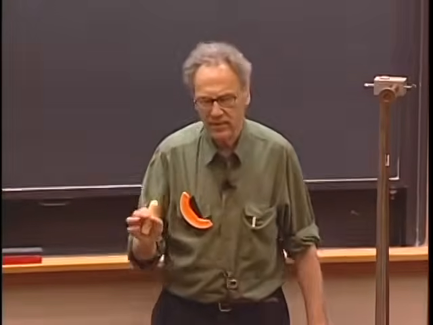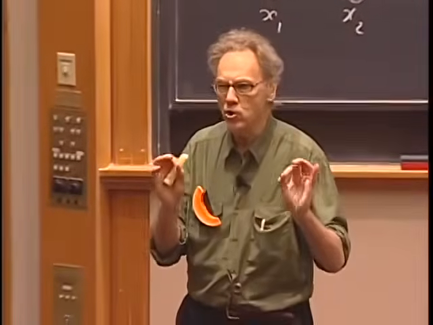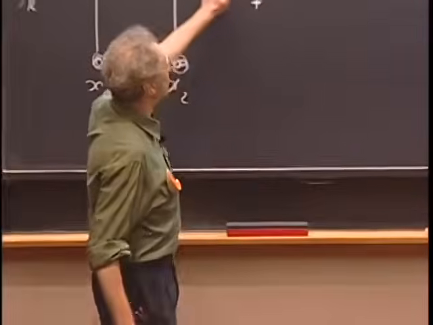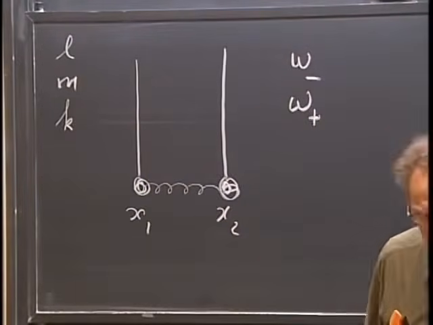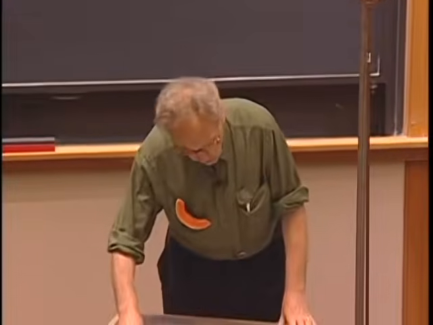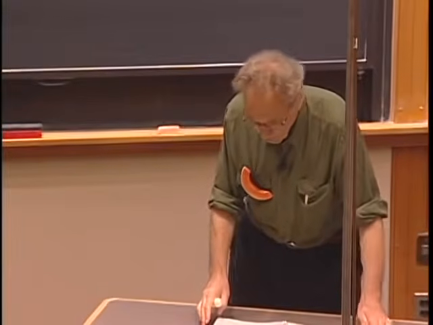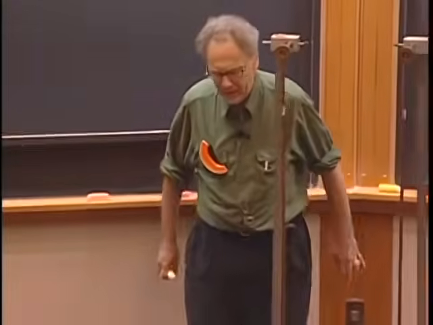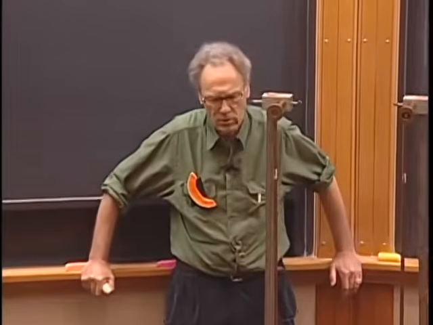I can excite, and I will excite, this system into its normal modes only. I can excite this normal mode alone and this normal mode alone if I choose the correct initial conditions. So for any randomly chosen initial condition, the motion of each object can be written as a linear combination of these 2 modes. If you take my word for that for now, but of course I will demonstrate and prove that to you,